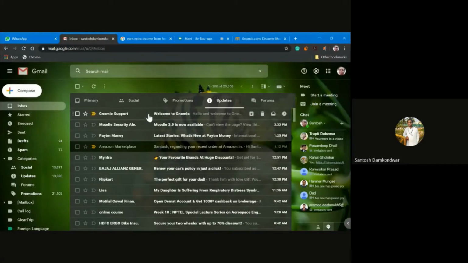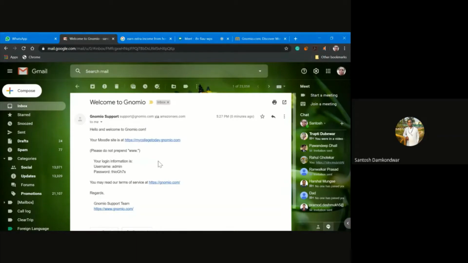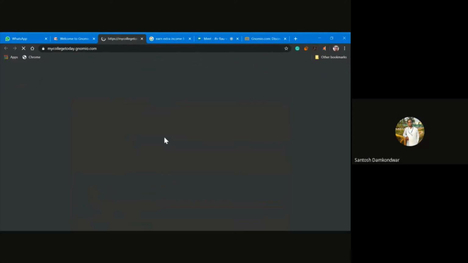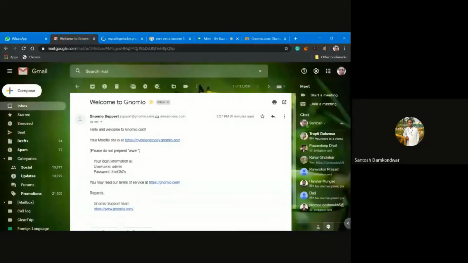Once you get the email, you can click on the email and you can see https of mycollegetoday.genomio.com. So here your website is now activated. Once it is activated, click on the link, and then you can use admin as the username.